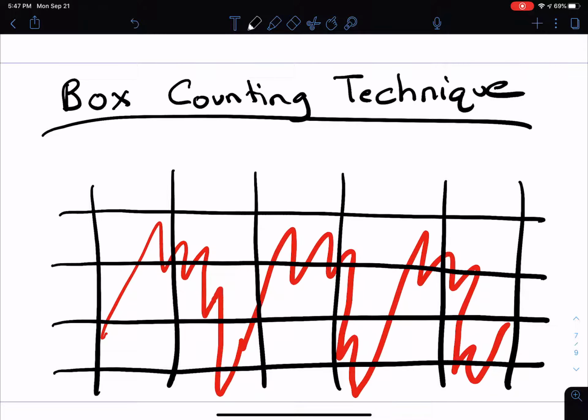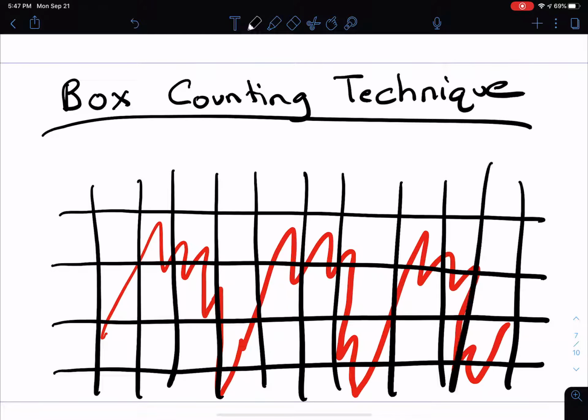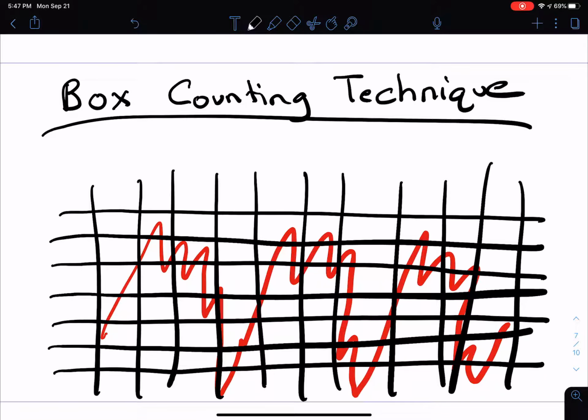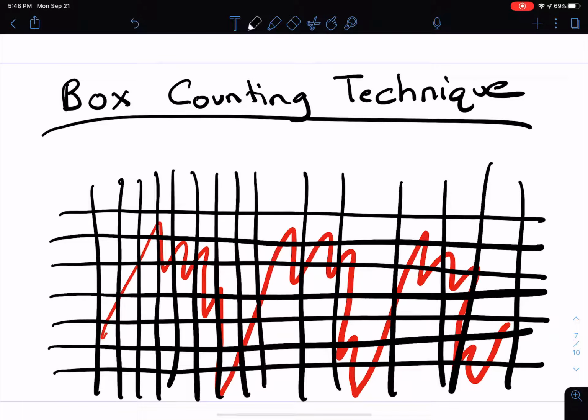But then they apply some probability techniques in certain kinds of math equations to look at the probabilities of pieces of the EKG being found in certain boxes. They'll look at a bigger grid, and then they'll go from there and make a smaller grid and start looking at what's happening statistically across these smaller boxes, and then they'll do another smaller grid. And they'll keep applying this